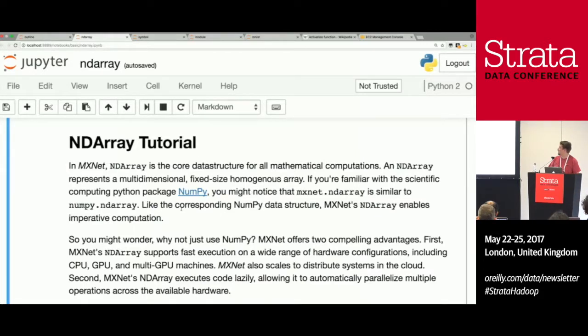Yeah? All right. So first of all, how many of you know the NumPy library? If you're doing Python and some form of data science, then that should be familiar. So the good news is that ND array is the multidimensional array equivalent inside mxnet, equivalent to NumPy's version of ND array. Now, there are a few reasons why we just didn't use the same ND array from NumPy. And primarily it has to do with the ability to distribute workload to multiple contexts in terms of CPUs and GPUs,